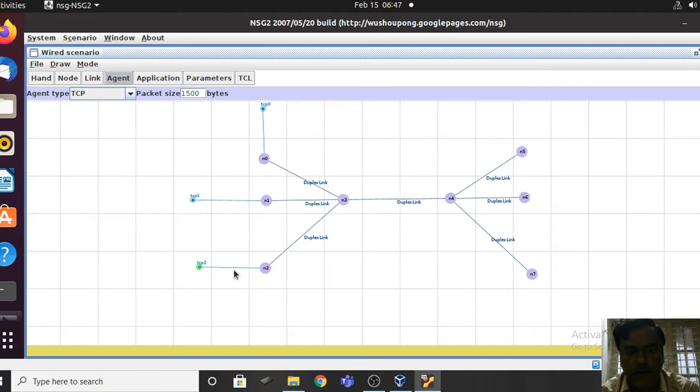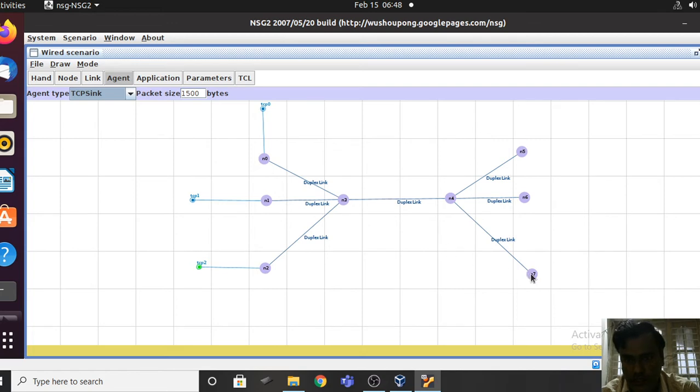Now I want to add the agent at the receiver side. At the sender side, you are using the agent as a TCP. Therefore, you have to use the agent type as a sink at the receiver side.